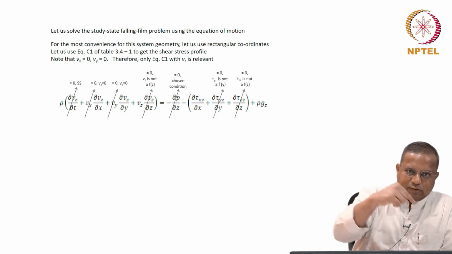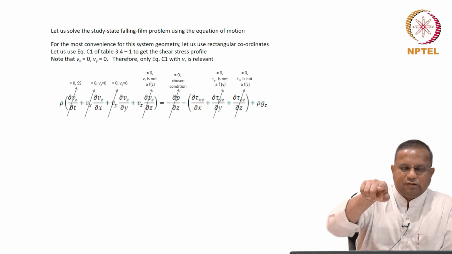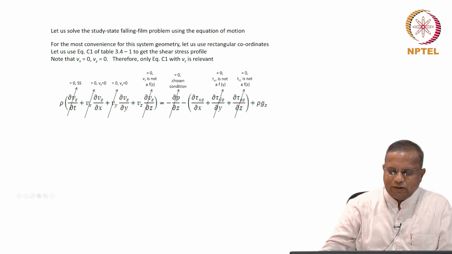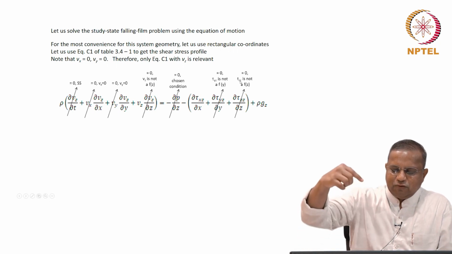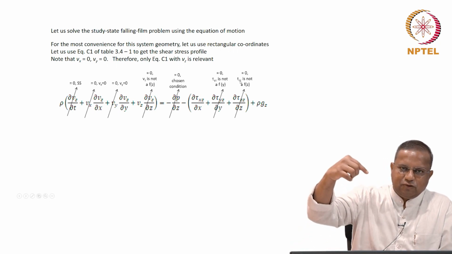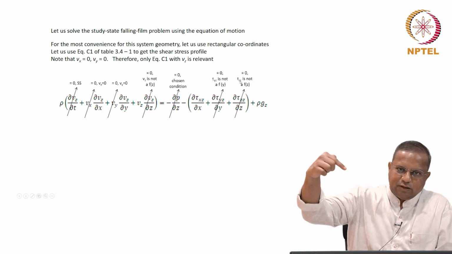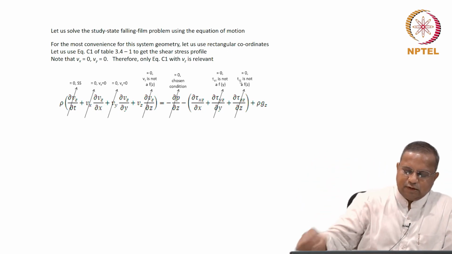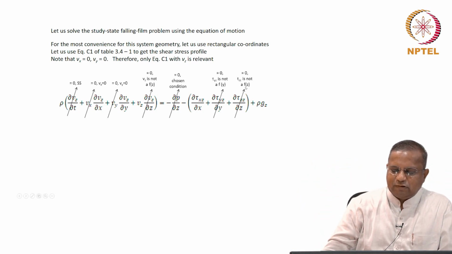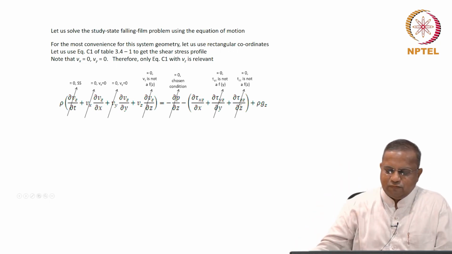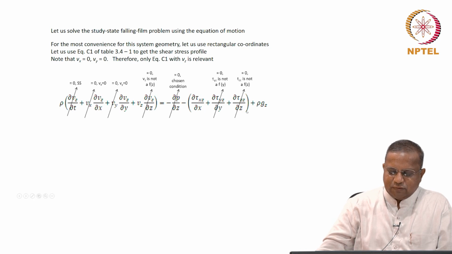Okay, there is motion in the z direction, there is no shear stress in this direction. So that's the reason why this is 0, it's not a function of y. And there is no shear stress that is going to result in this direction because of the motion in this direction. That's the reason why this normal stress is 0. There is no variation in velocity and so on and so forth. So that is 0. Okay.